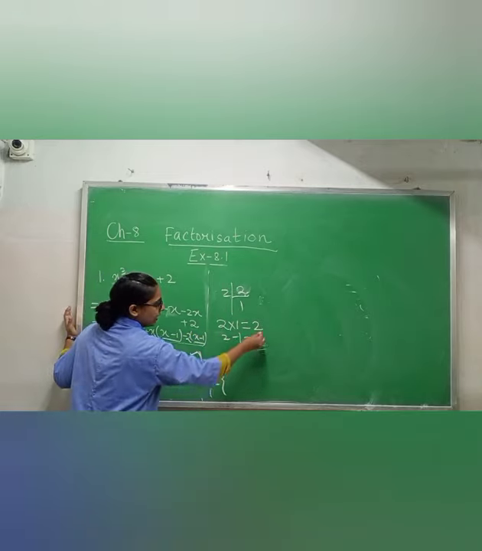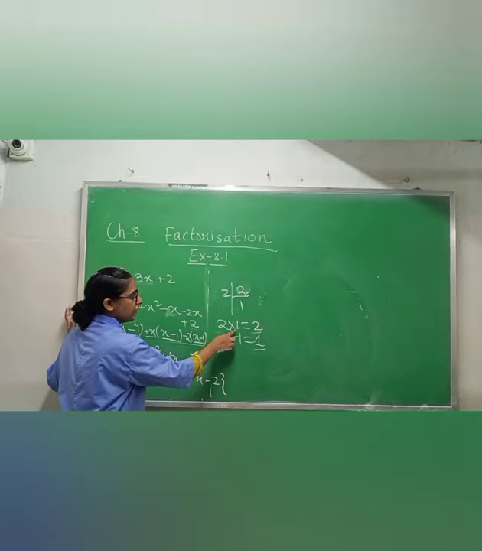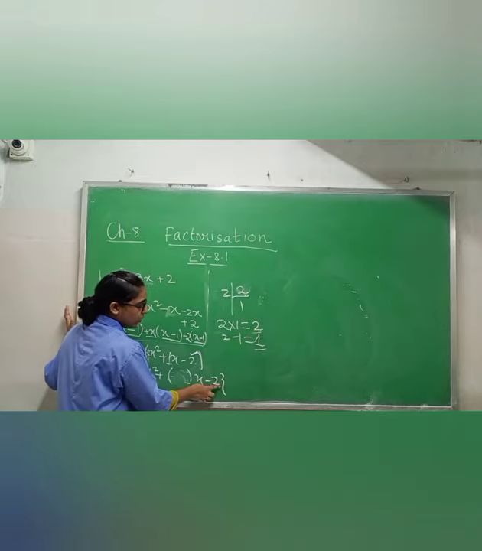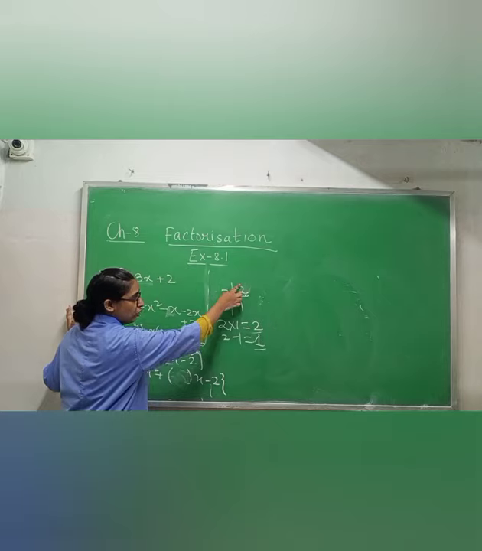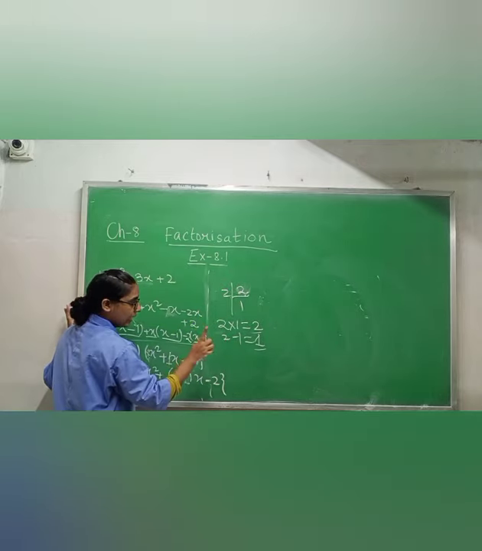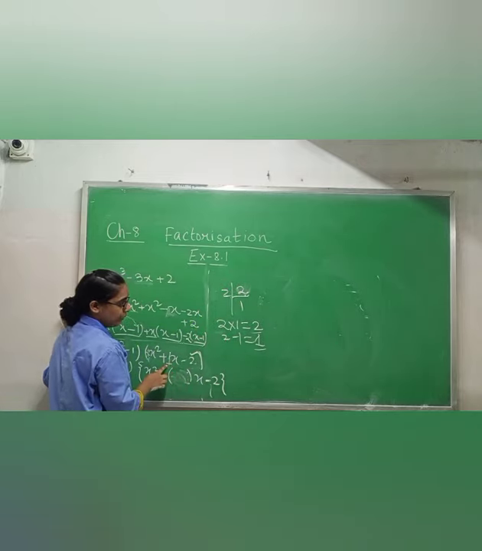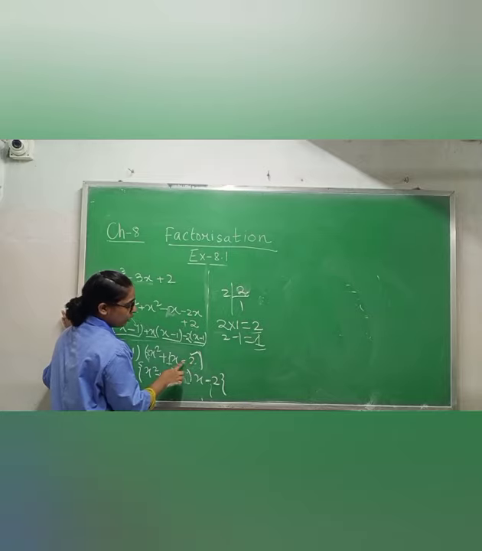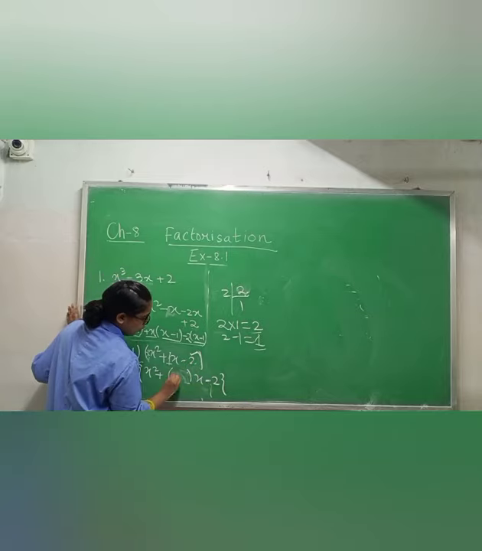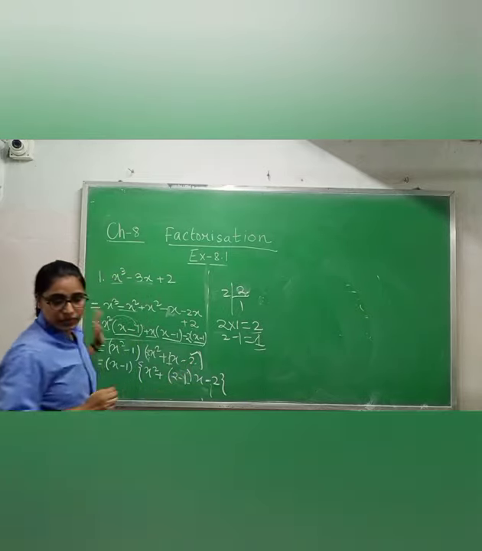So our criteria is fulfilled: after multiplication you must get 2, because in the LCM we have 2, and after subtraction we must get 1. Why 1? Because with x we have 1. And why are we doing subtraction? Because we have the minus sign here. So we will do 2 minus 1 here.